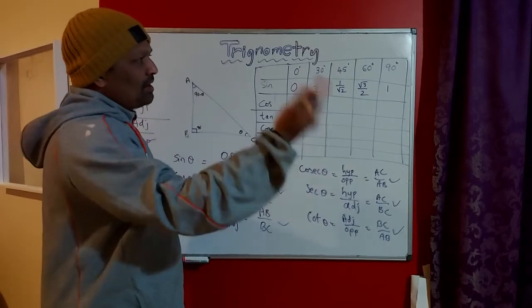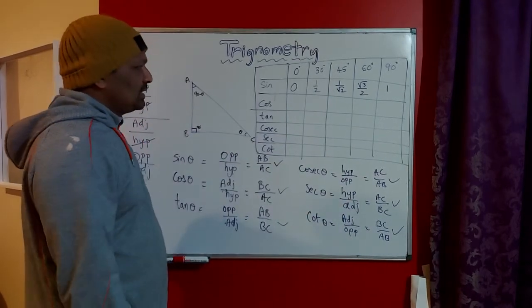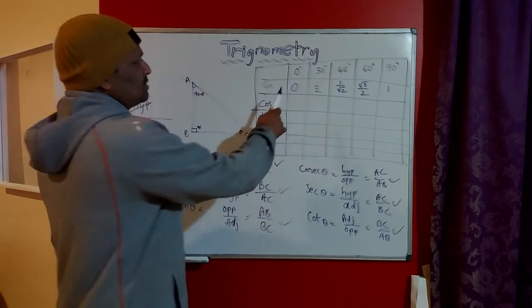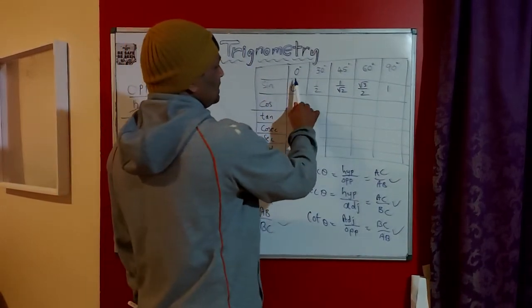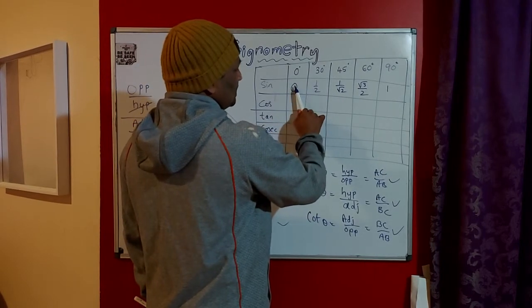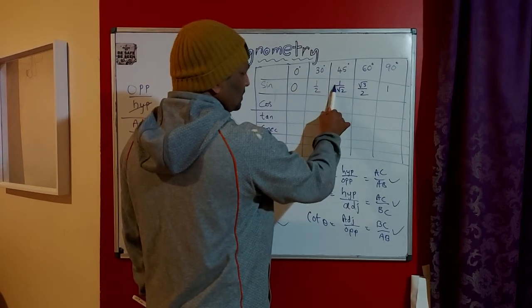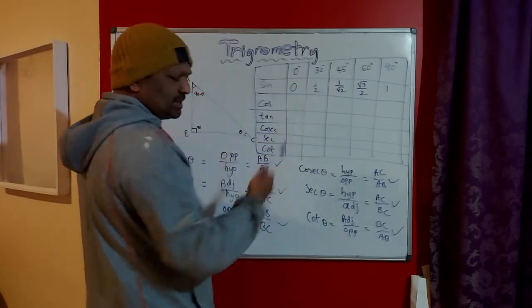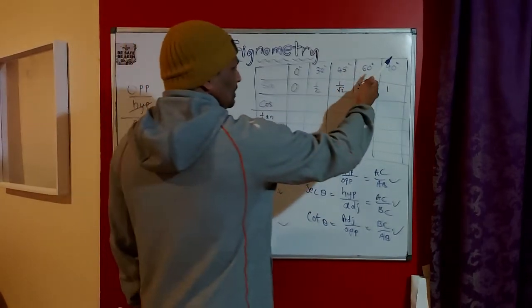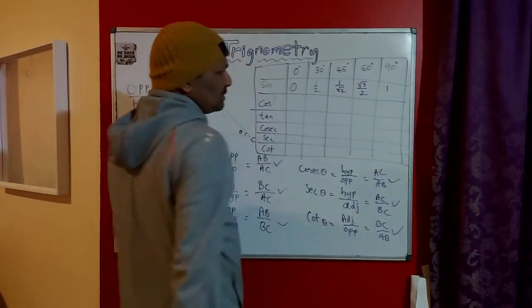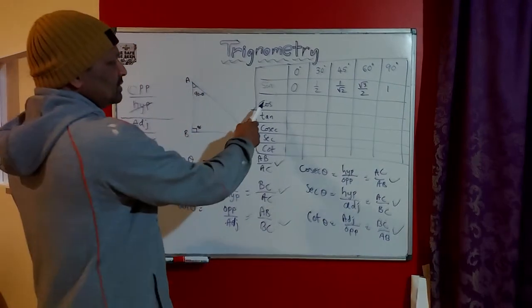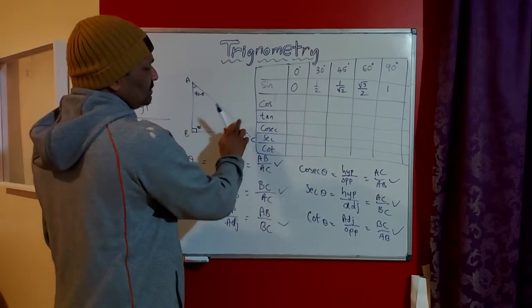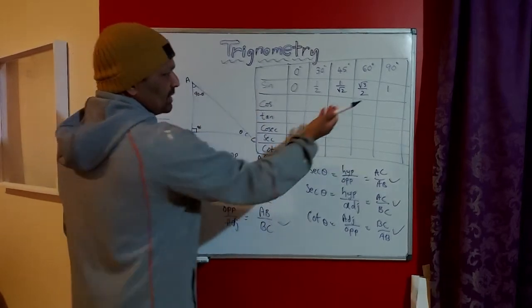What will happen after 90 degrees is something that we'll see later on. But for now, let's focus only on the degrees between 0 and 90 degrees. So this sine ratio is increasing: 0, 0.5, then a bit more, like 0.7 or something, then even a little more, and then the maximum is 1.